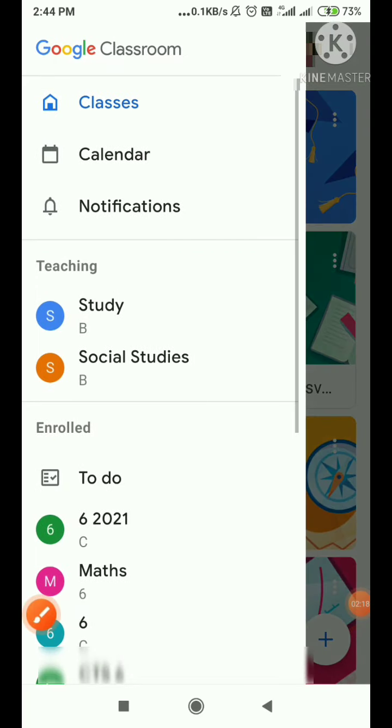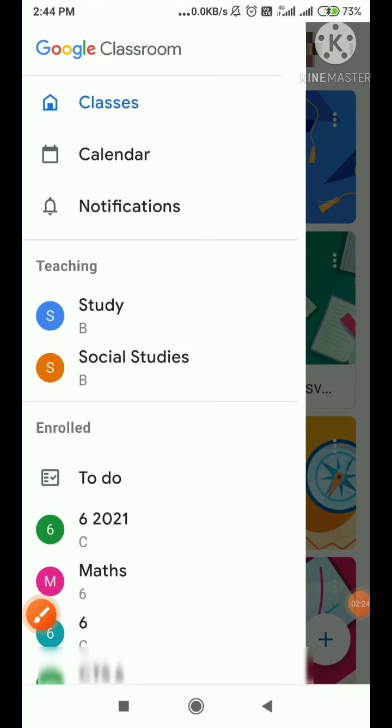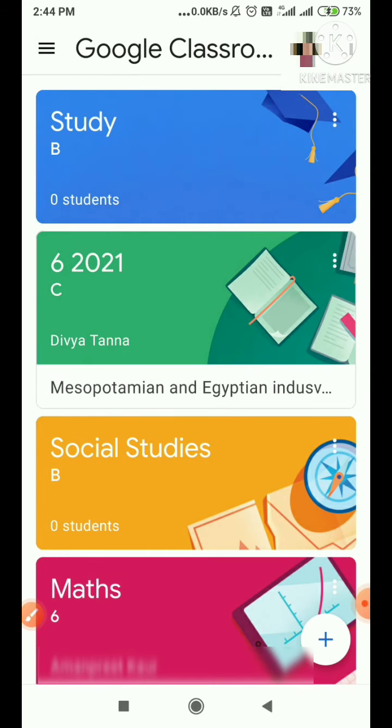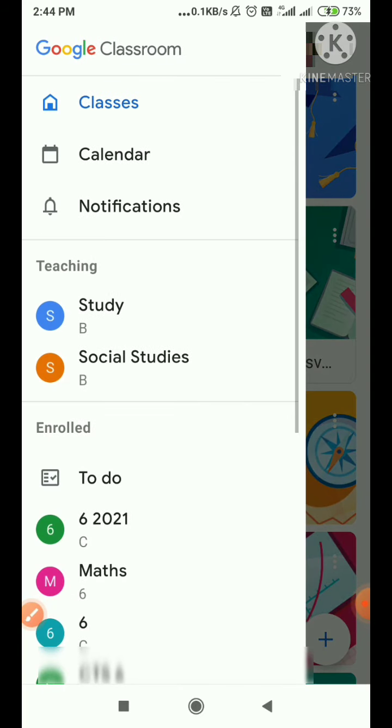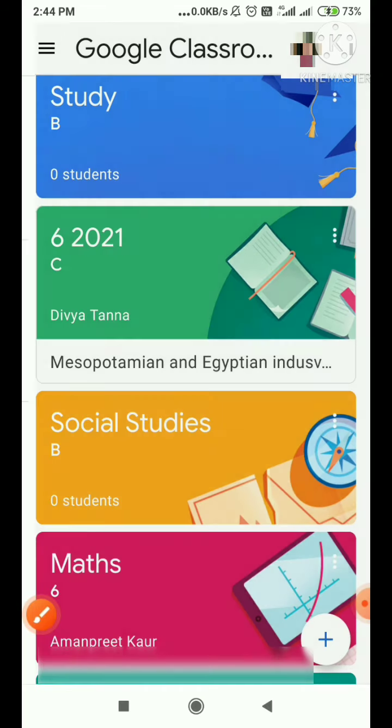Here it is giving teaching, and here are the two classes which I am teaching in, and under enrolled are the classes which I am a student of.